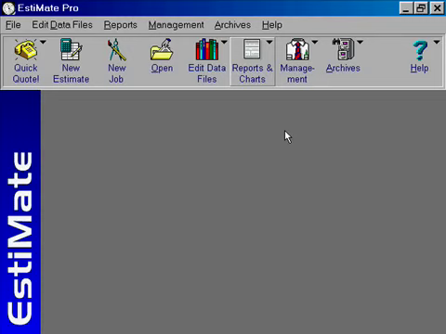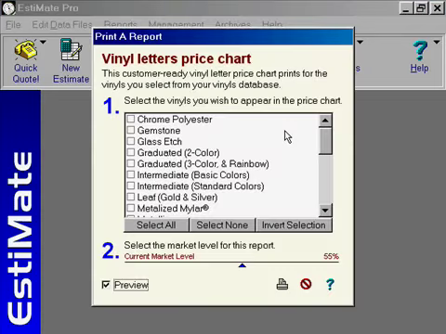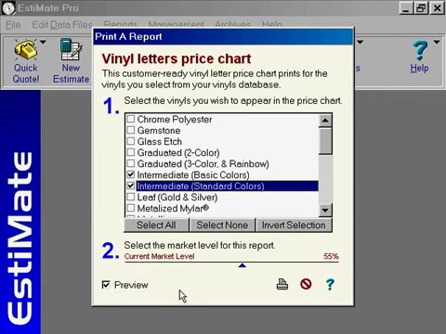The screen that pops up allows us to set the market level for this report. The default market level for vinyl signs is the one that is used here. You can see it comes up to 55%, which is our default market level for vinyl signs. For more information about this, see the Setting Up EstiMate section of this tutorial. This is a list of all of the vinyls in your shop, and you can select the ones that you want to appear in this list. Then we click the Print button,